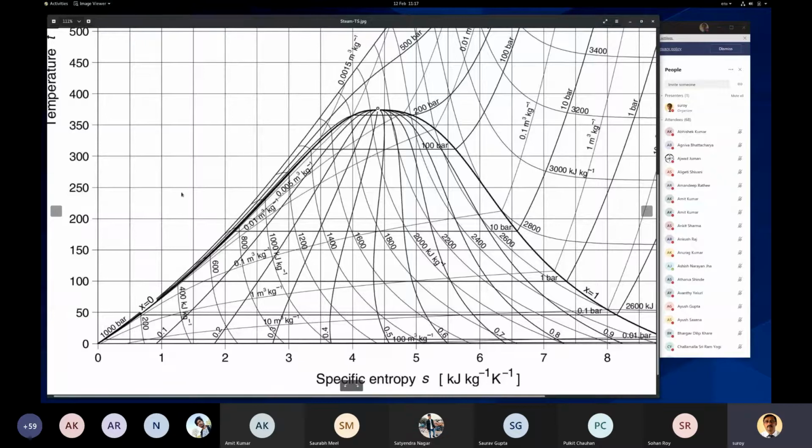So in this region, the enthalpy and internal energy are all dependent on temperature. Because it's a liquid, you can assume that it's dependent only on temperature. In this region, it is dependent on both temperature and pressure. And here, it also depends on another property, the fraction of steam, the value of x.